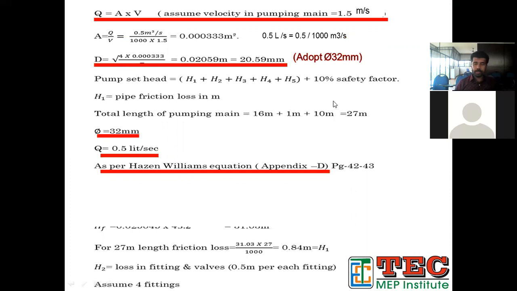So the formula is power is equal to mass flow into 9.8 into total head. Total head, how much did you get right now? 22.9, divided by efficiency. Efficiency you can write as 0.65. 10% of which head? 10% of pump head loss only.